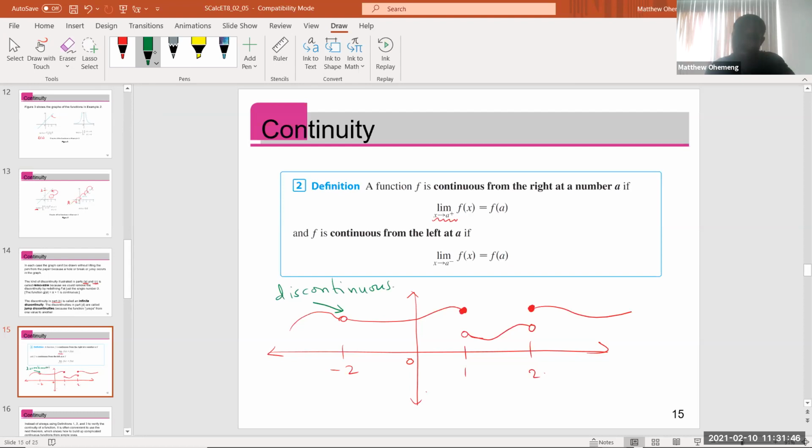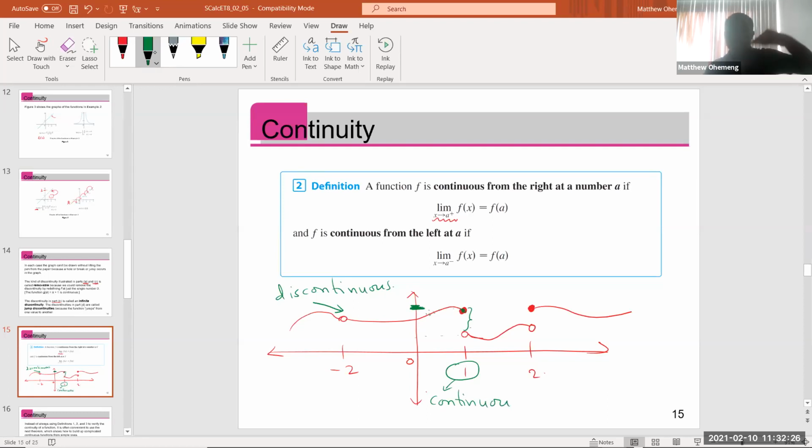What about at 1? At 1, as you can see, the limit as you approach 1 in general does not exist because from the right and from the left are not equal, right? From the right, you're getting a point somewhere here, and then from the left, the limit is also somewhere here. But let's investigate continuity from the right or from the left. Now, as you can see, the value of the function at 1 is somewhere here, right? The value of the function is this point. Now, if you approach from the right, you notice that that limit is also the same number. So here, at 1 is continuous,